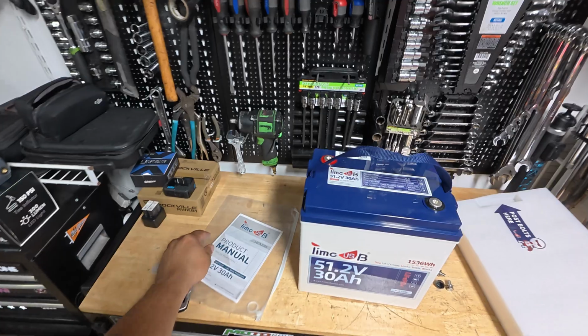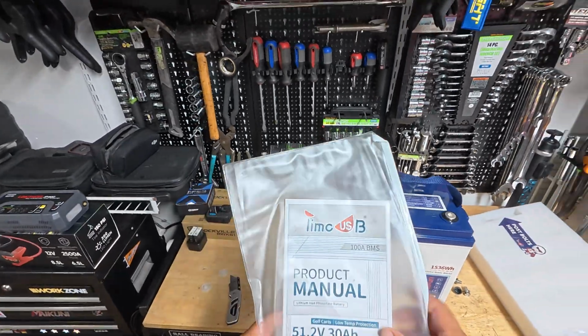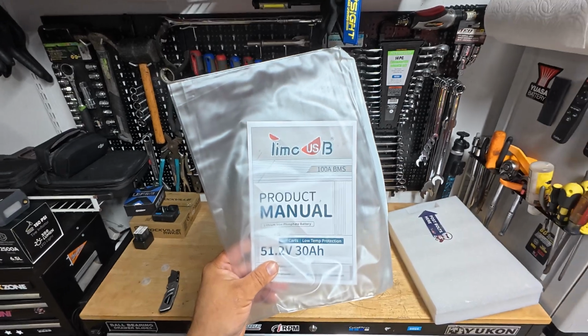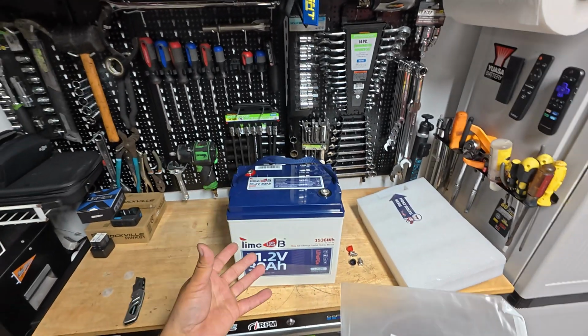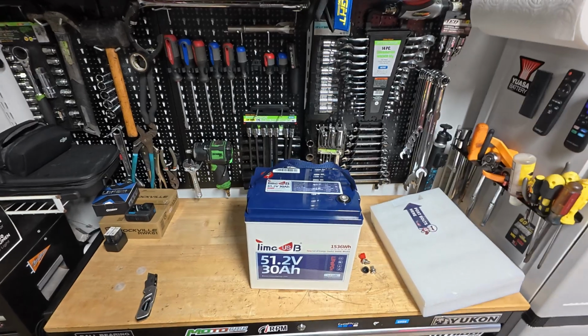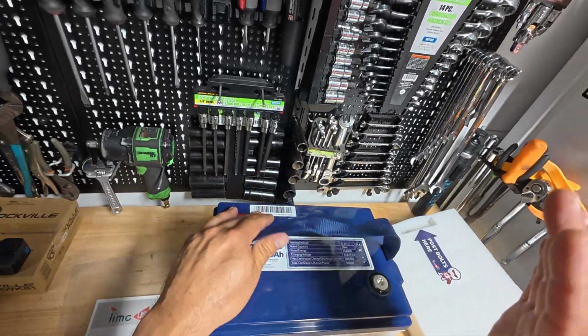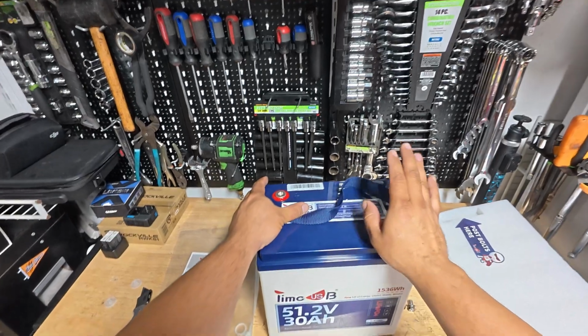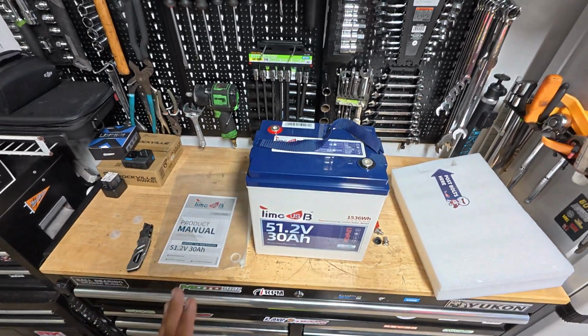It is just the manuals, and these do have a 100 amp BMS, which is great because, since we are connecting them in parallel, it should be good to handle this particular golf cart. These are being sold for golf carts. So again, I'm very excited. This is the smallest